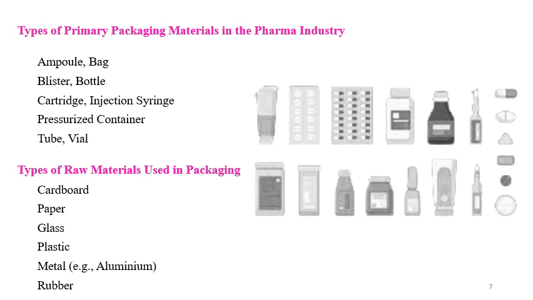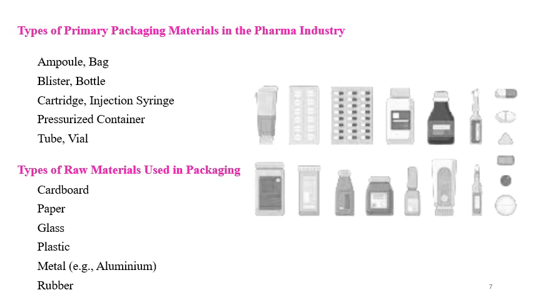Example of pressurized container is aerosol, ampoule is for injection, bag is for IV fluids, blisters are for tablets and capsules, bottles are for solutions, suspension, syrups, cartridge and injection syringe are for parenteral formulations, tubes are for dermal applications,